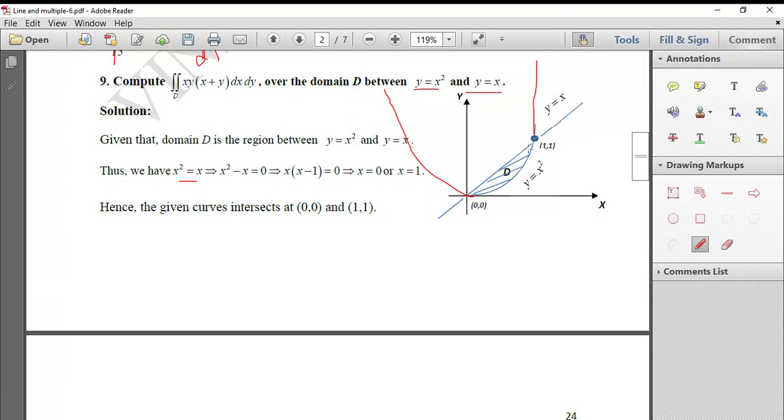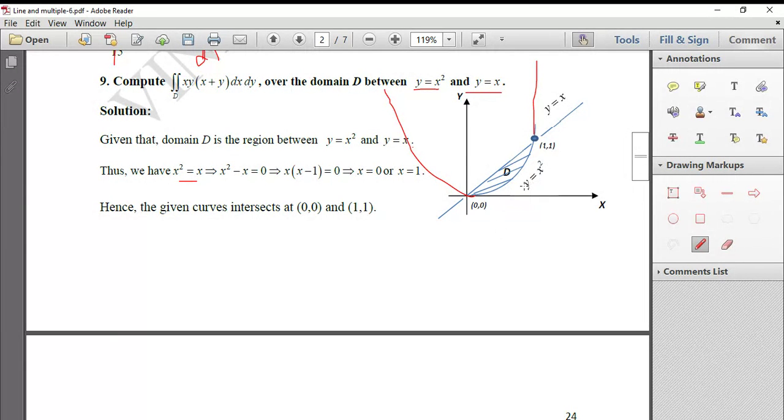And clearly from this picture, where these two are intersecting and what is the region between them. See, this is the region between them. This is the region, and we are calling that region D. Is that right? So D is the region between these two. And remember, as I said, while choosing the limit for the variables x and y, you have to keep one of them as constant. So which one should we keep constant? That is the question now.